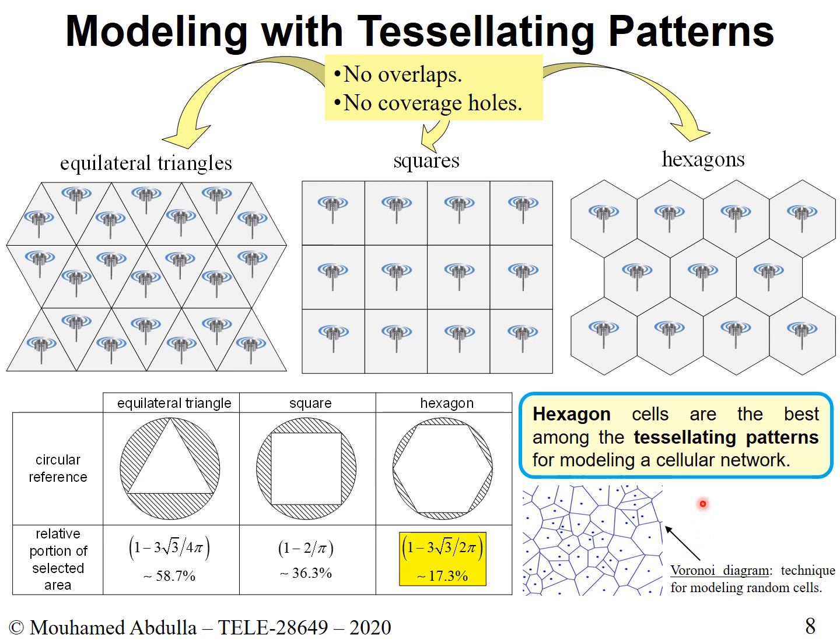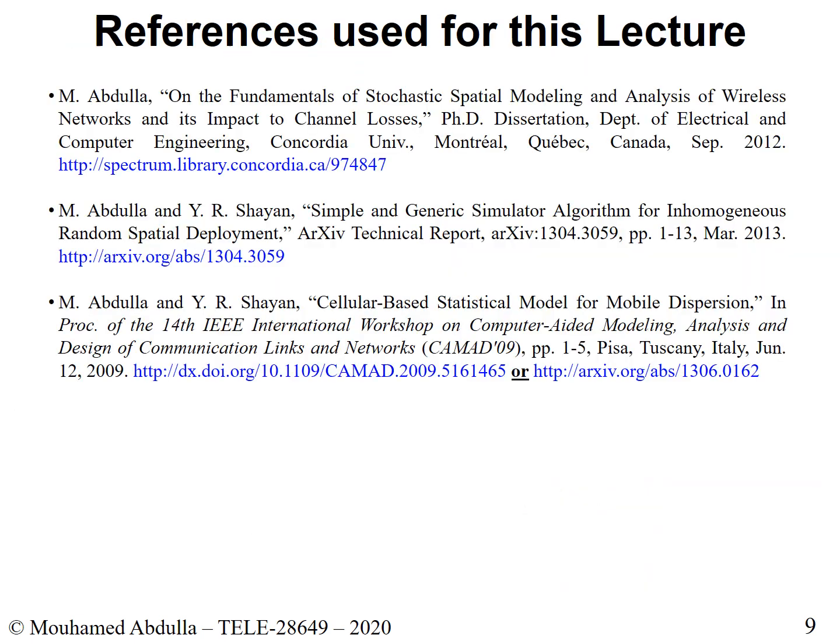So on the next slide, I'm going to point you to some references that I used throughout the slides. All the pictures, all the images, all the explanations that I took here came from these sources. These sources are some of my previous work in the area of cellular network modeling and design. Okay, on to the next slide. So in this slide, you will find some of the references that I used throughout this lecture. The pictures, some of the explanation are here. Now, have you noticed that these are some of my own work in the area of cellular network modeling and design?